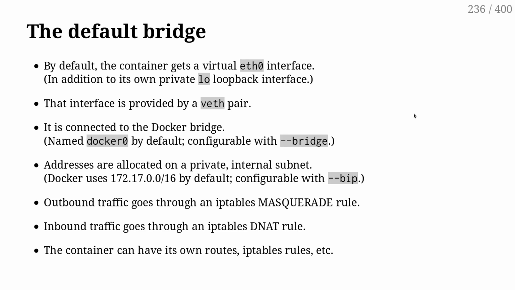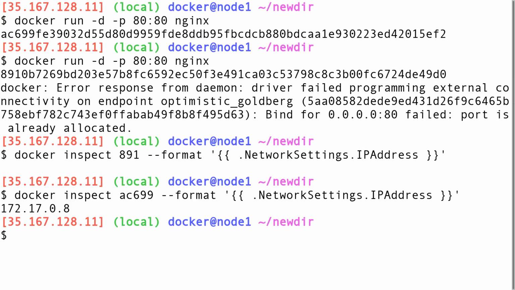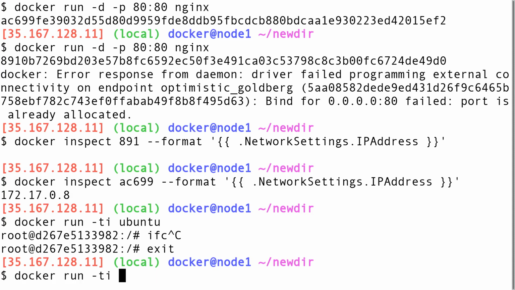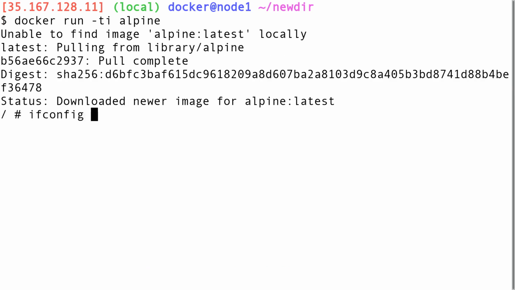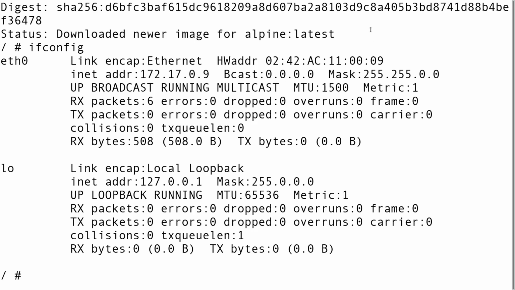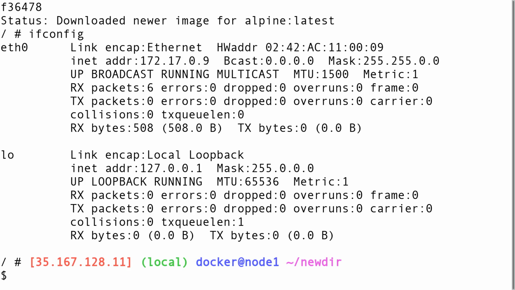In that case, the container gets a virtual Ethernet interface, and that interface is connected to a switch on the Docker host. So if I, for instance, Docker run an Ubuntu container, and then I try to execute ifconfig. Now, let's take another image. Let's use Alpine, because I think Alpine has ifconfig. Yes. If I use ifconfig, I see I have ETH0, I have lo, and this ETH0 interface is connected to